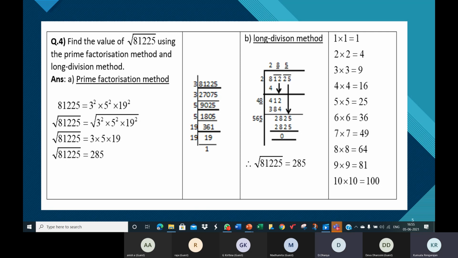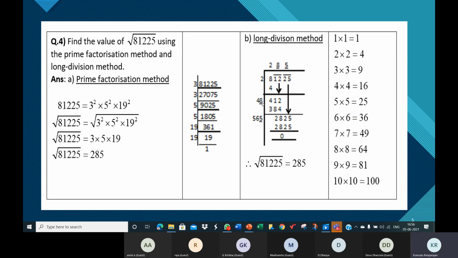$441, ma'am. 441. Okay, so see, 441 is more than 412. The number we have here is 412 and 441 is more than 412. So if we cannot use 49 into 9, then we have to use 48 into 8. That is, we need to place a digit 8 here and the same digit 8 here.